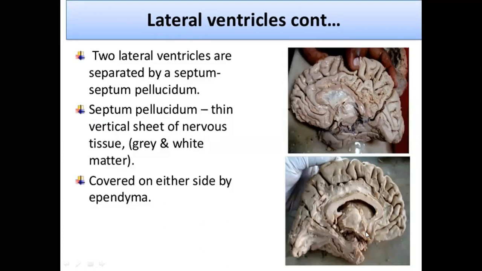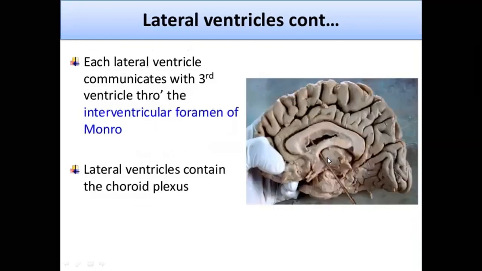Now the lateral ventricle communicates with the third ventricle here through the interventricular foramen or foramen of Monro, this one. So whatever CSF is produced and stored in the lateral ventricle enters the third ventricle through the foramen of Monro or interventricular foramen. Now you can make out this seeker, this seeker is there in the interventricular foramen. So through this, the lateral ventricle CSF enters into the third ventricle. This is the third ventricle.